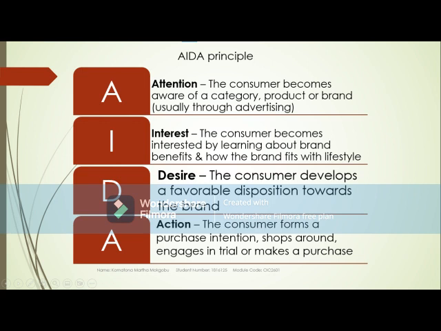So attention. For example, the consumer becomes aware of the category, product, or brand. So that is attention. You always have to grab attention. Great. Then we go to interest. For example, the consumer becomes interested by learning about the product and its benefits. Then we go to D, which is desire. So the consumer develops a favorable disposition towards the brand. So we go to the A, which is action. For example, the consumer forms a purchase